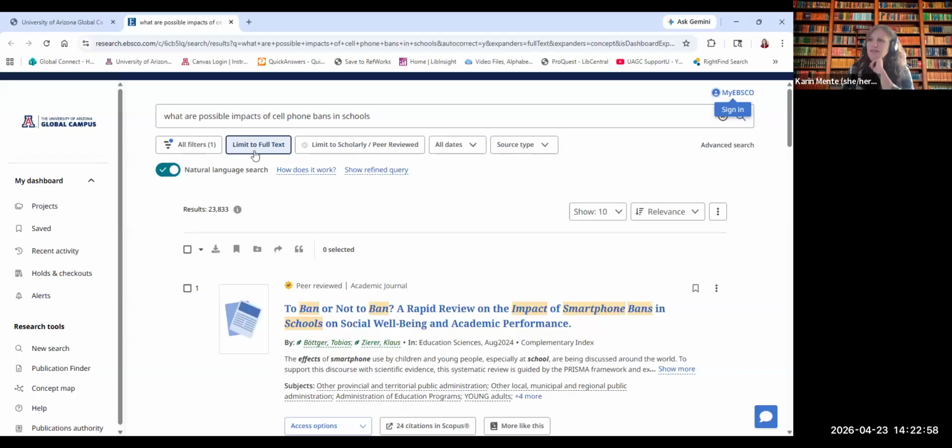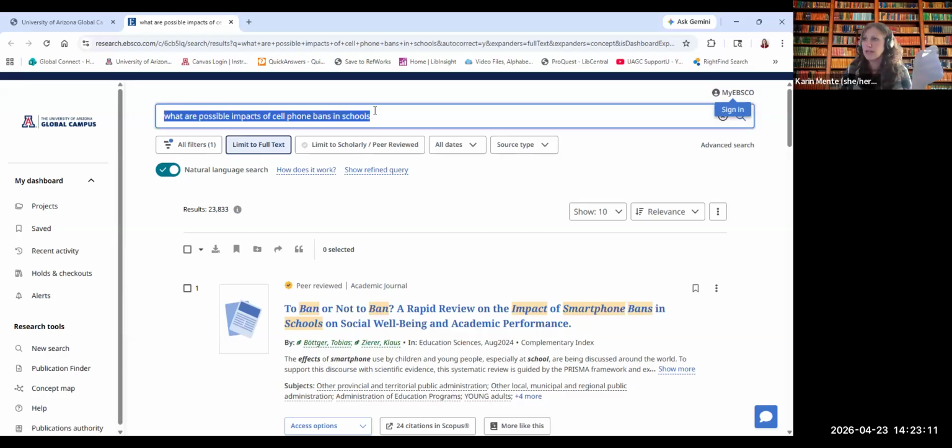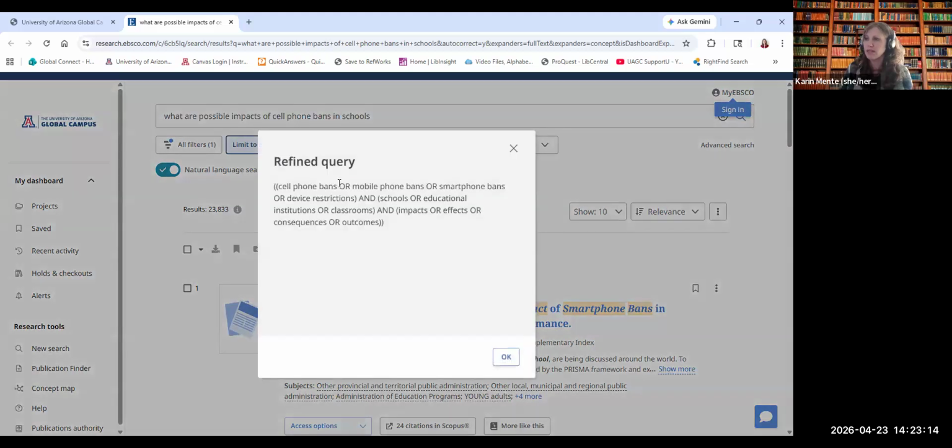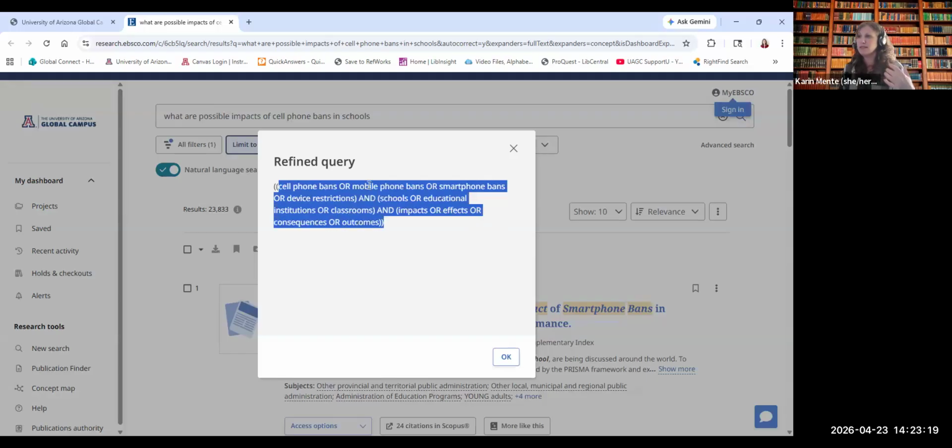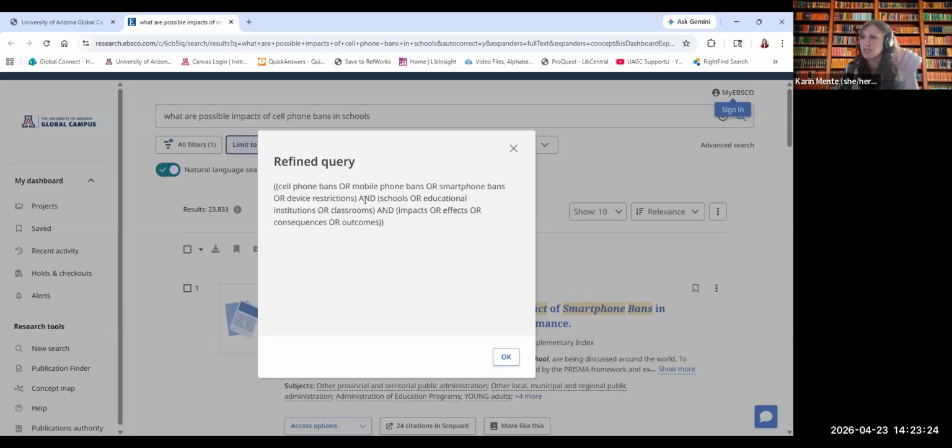But now, thanks to this search feature here, the natural language search box, I can see I have over 23,000 results here. And so this is using AI to take your natural language question and break it into keywords. It's basically taking just the main concepts, adding synonyms, and putting it together with these Boolean search terms that library databases really respond well to. All library databases use keyword searching and Boolean search terms.